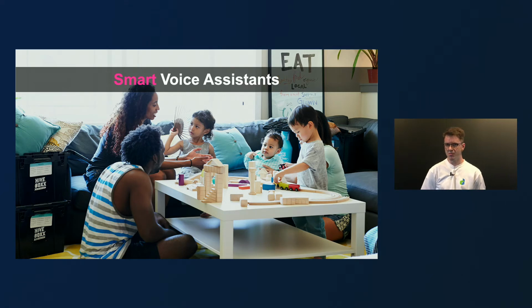However, our homes are fairly noisy places, so we may have children running and playing around, or there may be other people talking at the same time, or maybe the radio is playing or we're listening to music. But still, we expect the voice assistant to correctly understand us and respond to our requests. So using source separation, we may separate the voices of the different people in the scene and then correctly answer